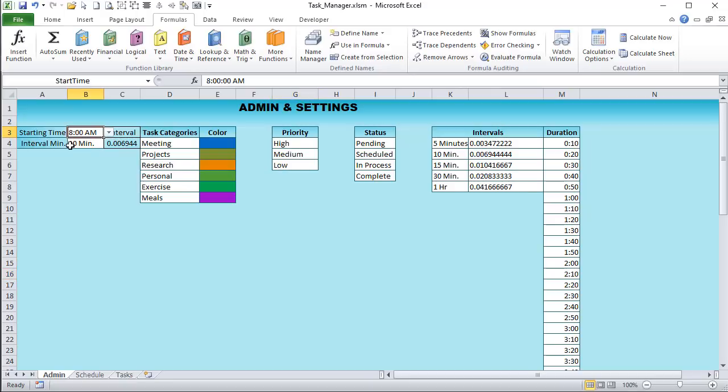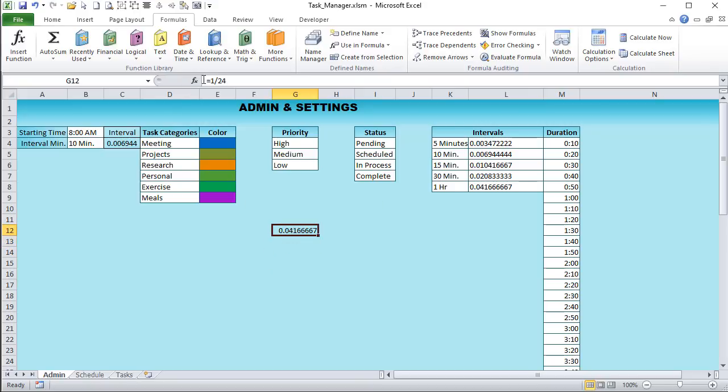So let's start out with the task. Let's see, how do we get this interval? Now, let's take a look at what one day is. One day means one. In Excel, one day is considered the number one. Okay, so what would 1 hour be? 1 divided by 24. So 1 hour in decimal form is